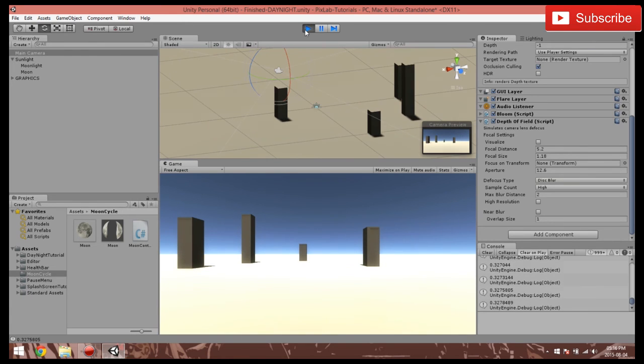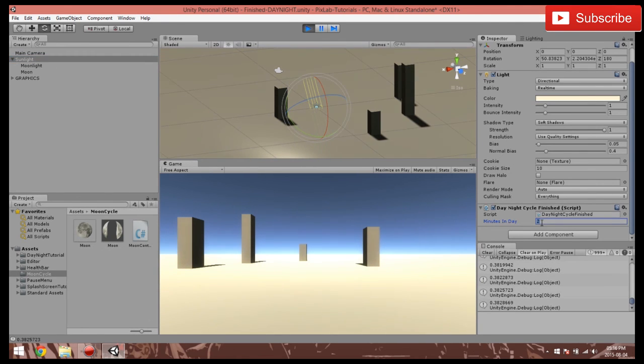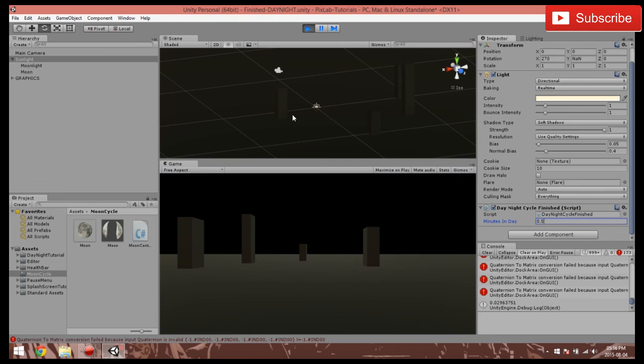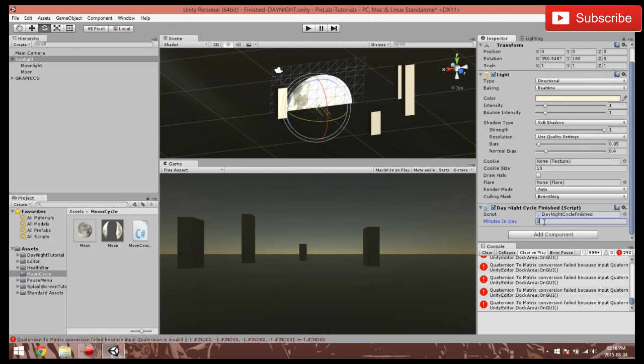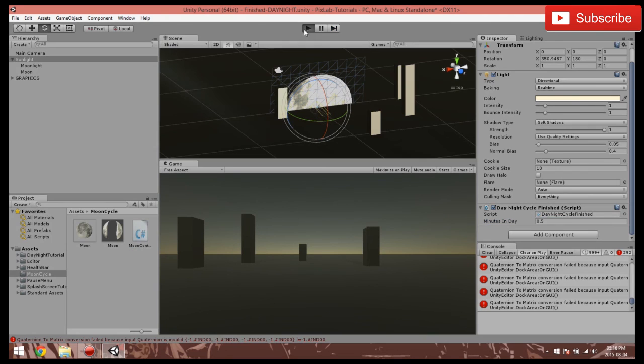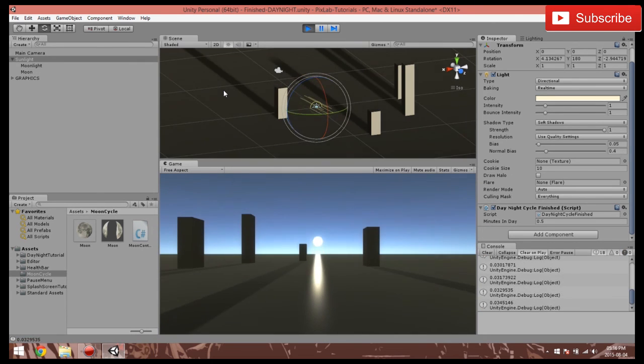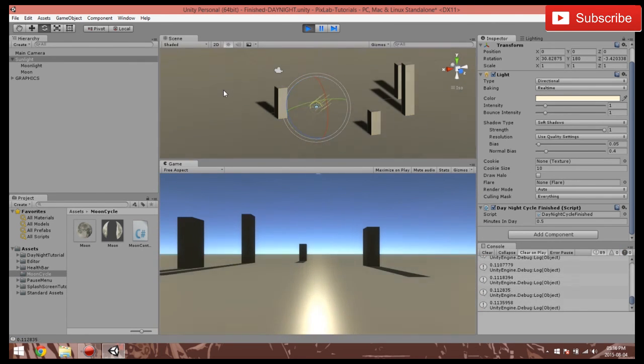Closing in on it now. Probably should have sped this up a little bit. So I think I'm going to actually. I'm going to say just 0.5. Whoa, I've broken it. Okay, this is 0.5, and I'm just going to shoot through it. So I do apologize for that. There we go. Sun goes up,